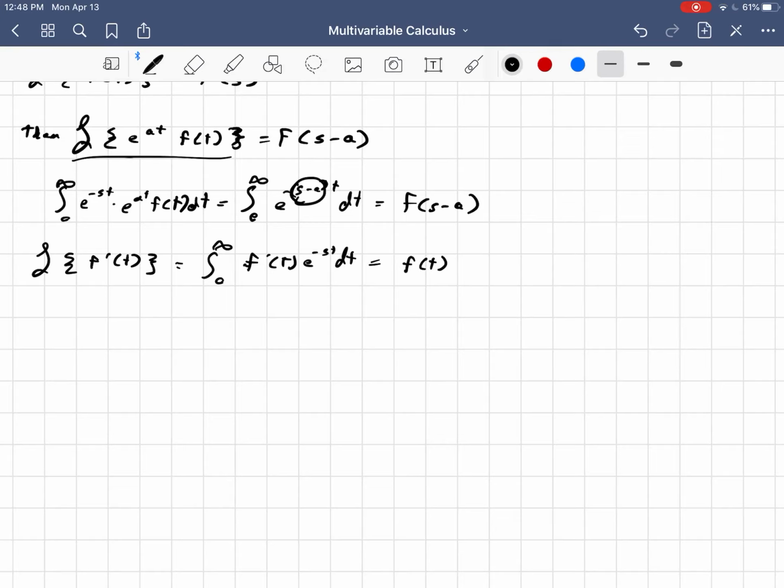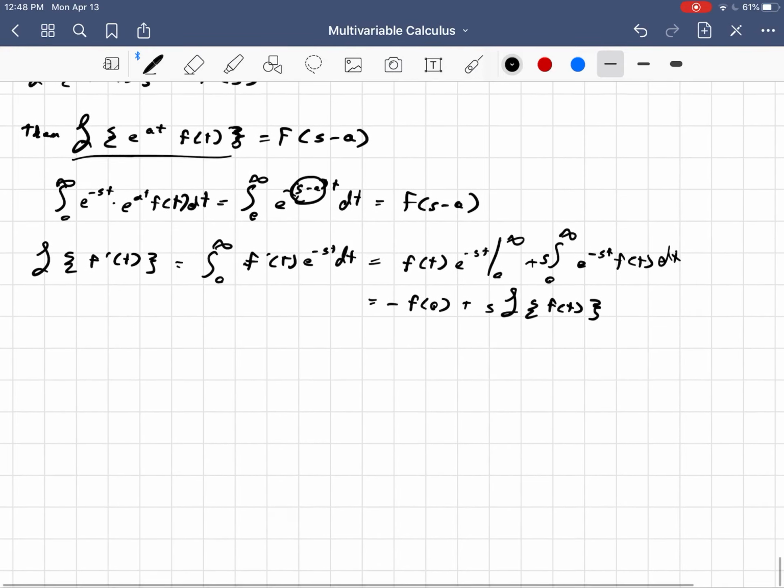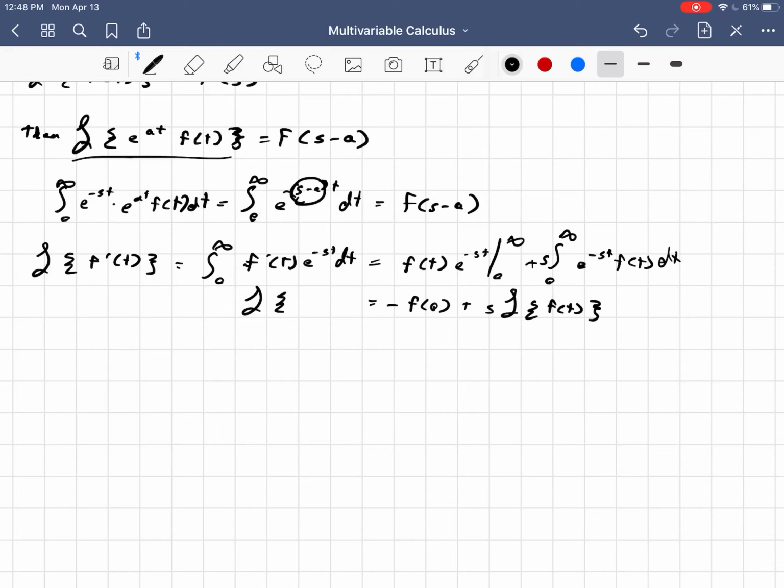And so we integrate by parts, and we get f of t, we integrate that, and we keep e to the negative st evaluated from 0 to infinity, plus s times the integral from 0 to infinity of e to the negative st times f of t dt, which is, this whole thing just becomes negative f of 0, and that's plus s times the Laplace transform of f of t. So the Laplace transform of f prime of t